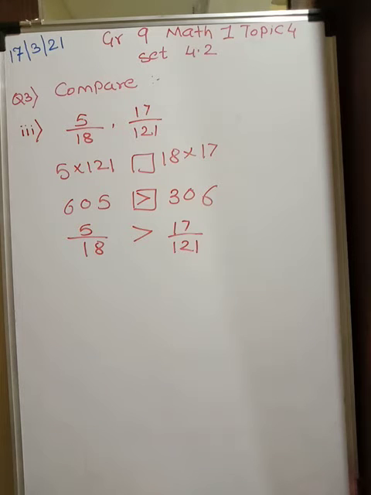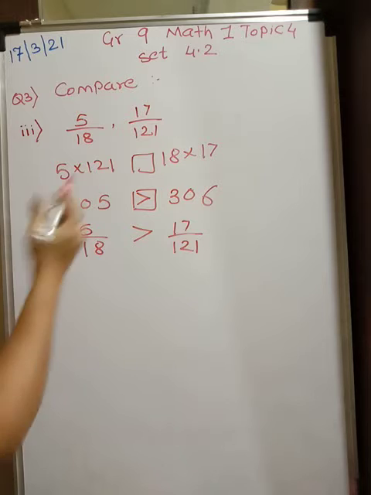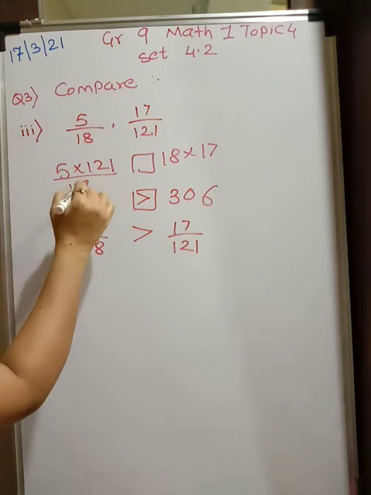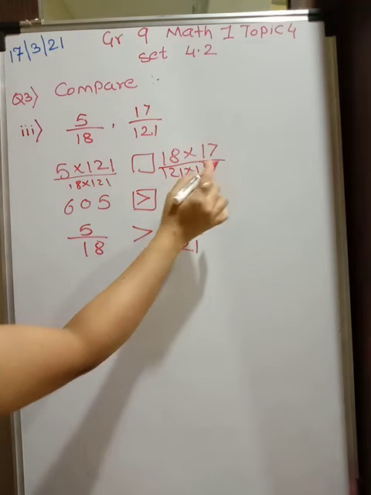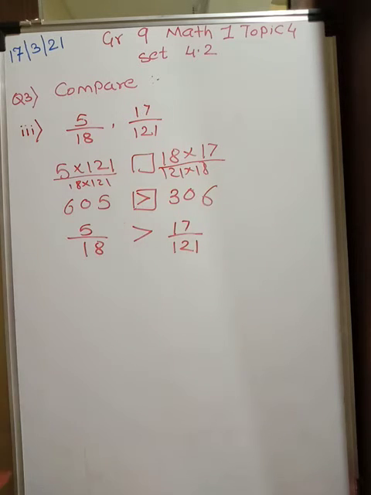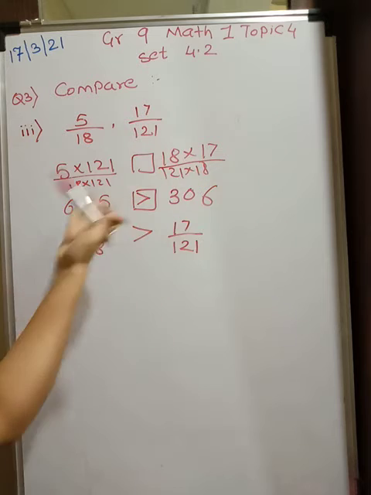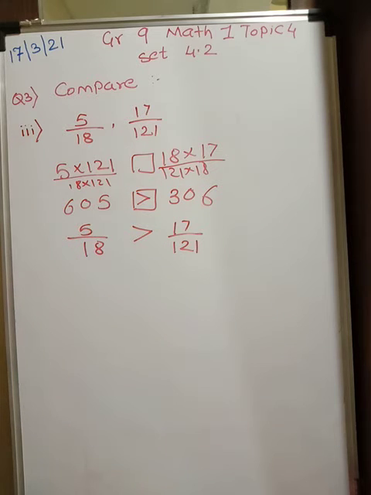So denominator we need not take into consideration. That way also you can do, because as it is, we are going to get like this only, 18 into 121, and here you will get 121 into 18. So this product is going to be same, denominators are same. So we can directly compare only the numerators. Alright. Okay, let's go for the fourth problem now. We'll go for fourth problem.